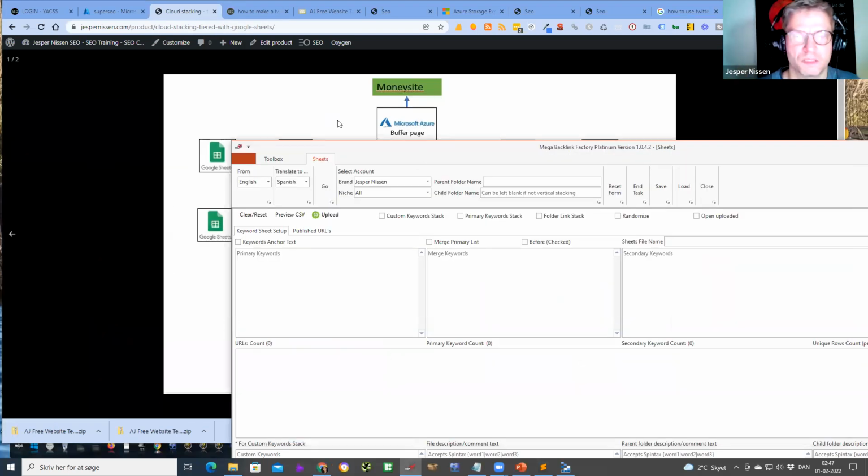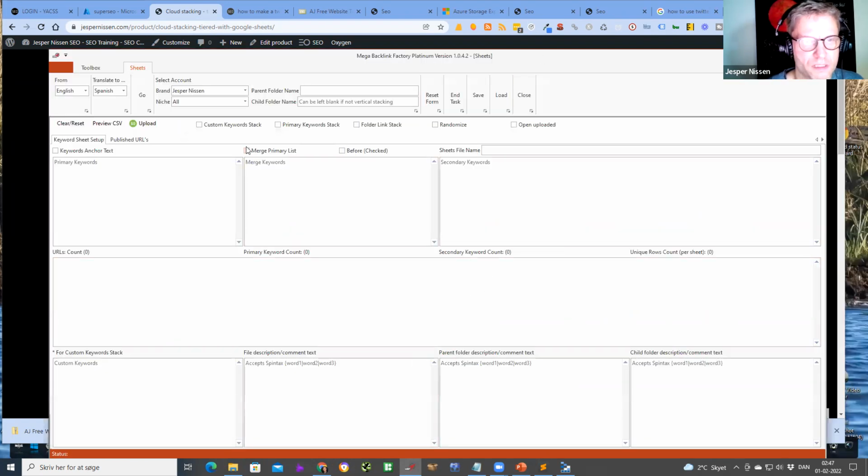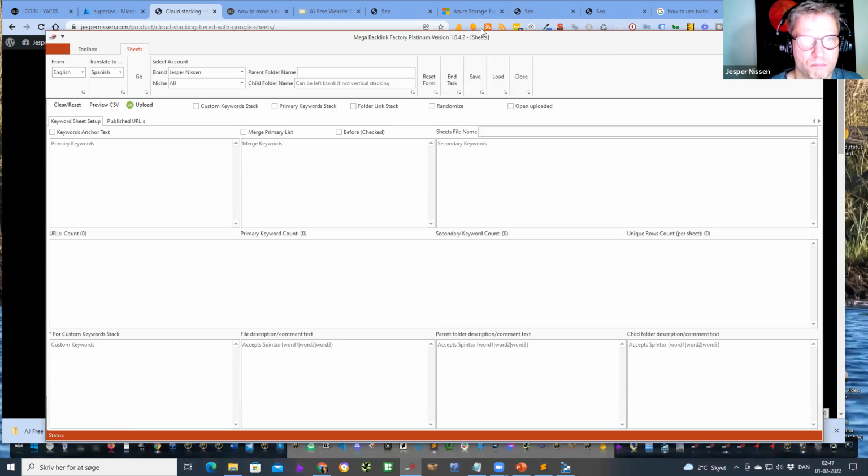Okay, so let me just minimize this here. What you can see on my screen is another application called Mega Backlink Factory Platinum version 1042 sheets. This creates Google Sheets with thousands and thousands of backlinks.